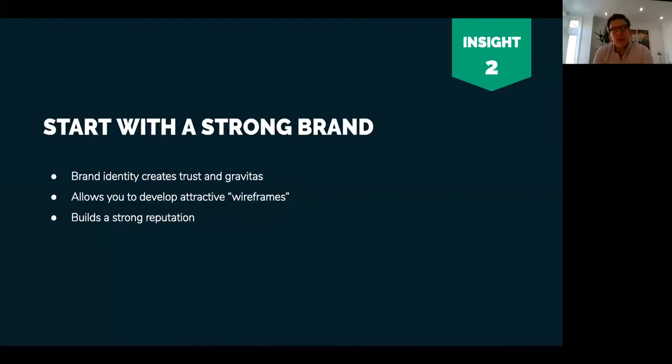But of all the money we spent in the early days, and we wasted heaps, I don't know whether we wasted more or less than other people, but you make bad decisions, and they're always expensive in startup land, sadly. But one of the best decisions we made in the early days was this style guide. And the reason is it just saves time every time. Every time we're putting out anything, whether it's an investor deck, a website, a slide for social media, a job description, or the actual software itself,